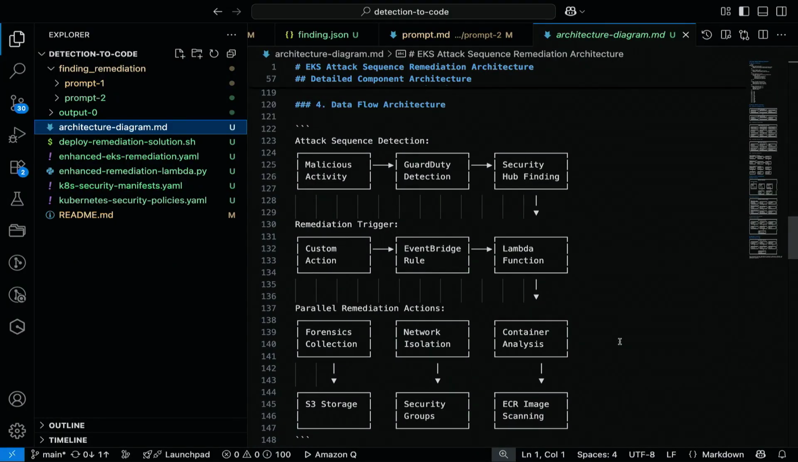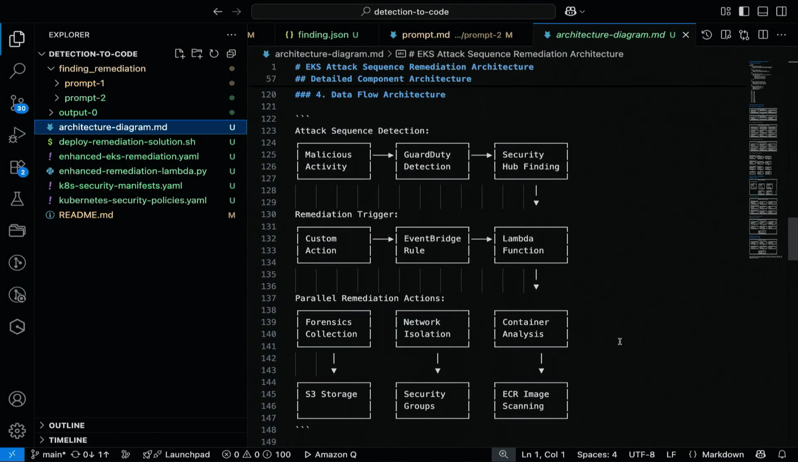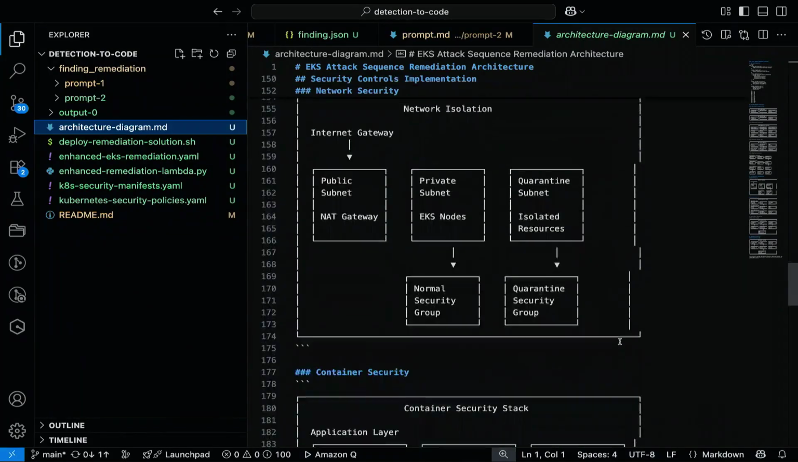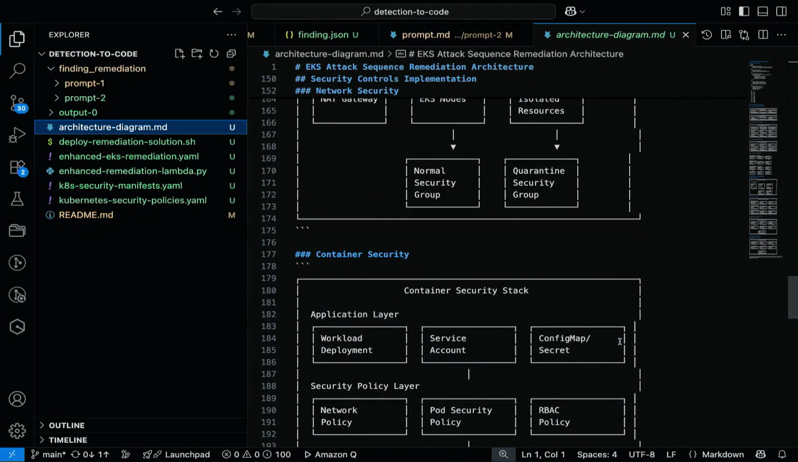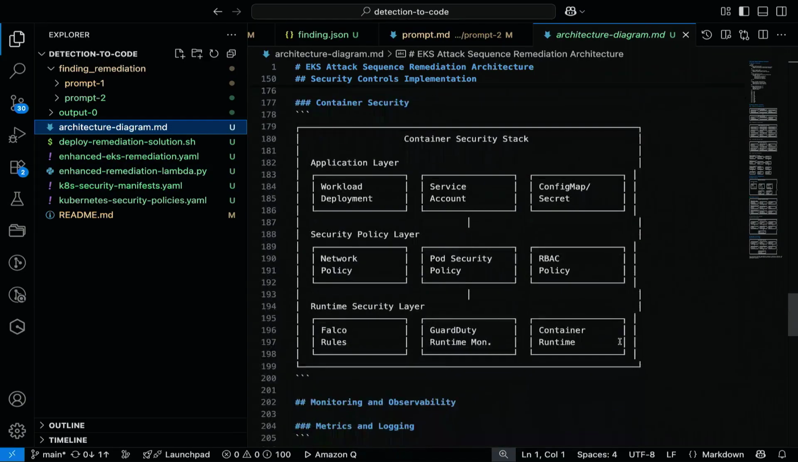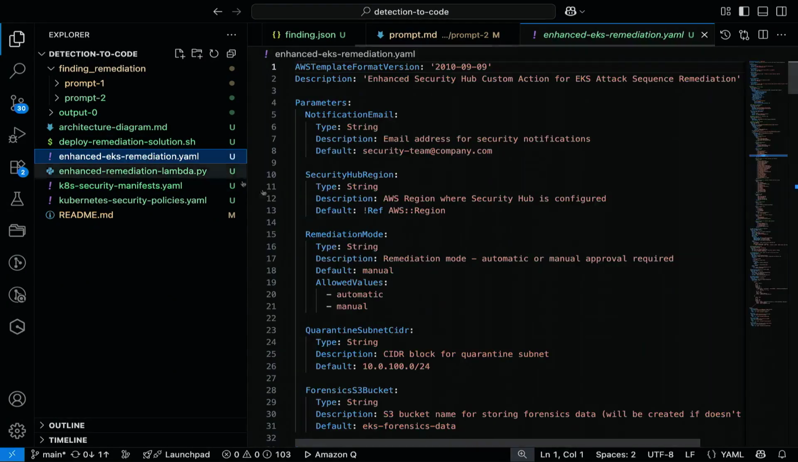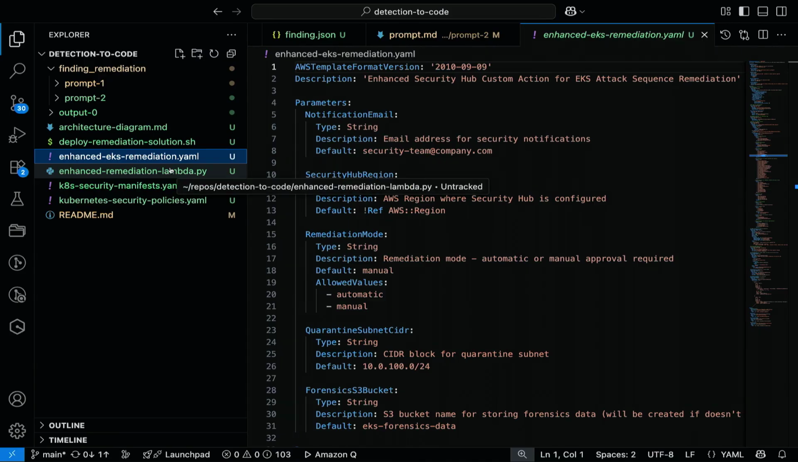Like, this is the detection that has happened, and this is what we are going to be doing. The controls that it's going to implement. So these are all diagrams. It's just showing you slowly but surely these are the things that I'm going to target. Because when you really look at the remediation, now you say it's titled enhanced, because I asked it to enhance